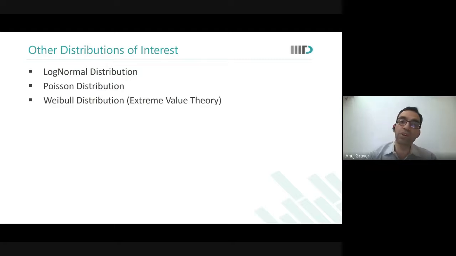We still looked at Gaussian distribution, but there are other distributions which are of interest in VLSI. Log normal distribution is typically observed when you're talking about leakage. When you talk about statistics for leakage, you consider leakage of devices, not dies. Dies average out and become normal. But when talking about leakage of individual memory cells, log normal distribution becomes important. When you talk about distribution of VT, at the far tail ends, you talk about Poisson distribution.